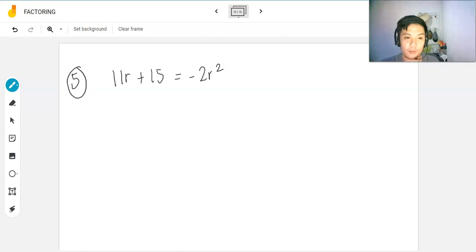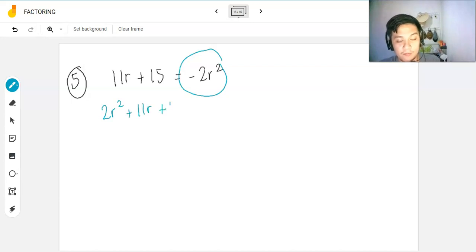Kapag tinranspose ko yung mga nasa left dun sa right, magiging negative yung ating coefficient sa quadratic term. So, siguro mas maigi na lang ito ang ating ilipat para magkaroon siya ng positive na coefficient. So, we'll have 2r squared plus 11r plus 15 equals 0. So, ito ang ating kailangan hanapan ng factors by trial and error. So, we have to think of factors of 2, the coefficient in the quadratic term, and factors of 15, the